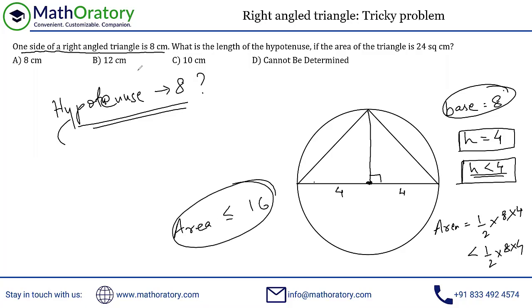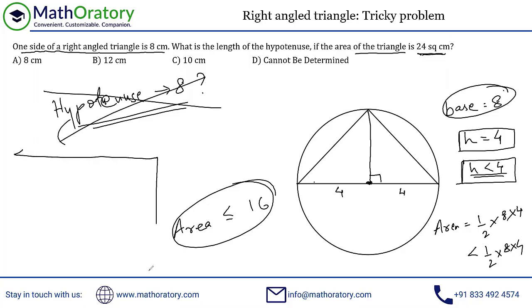So if the hypotenuse of a right angle triangle is 8, the area can never exceed 16. Since the area of the triangle is 24, now we can say for sure that the hypotenuse cannot be 8. So this side of the right angle triangle that is given cannot be the hypotenuse, which leaves the initial thing that I talked about. So it is one of the legs, right? It has to be one of the legs as 8.